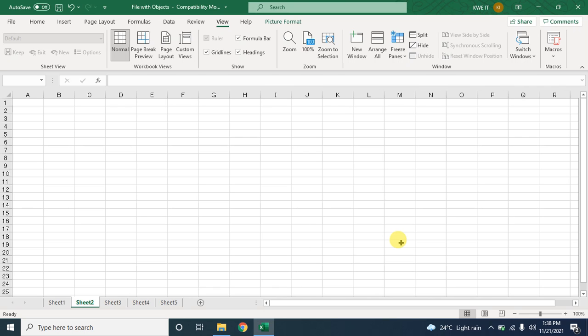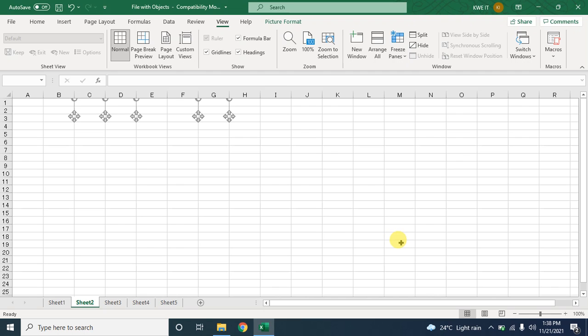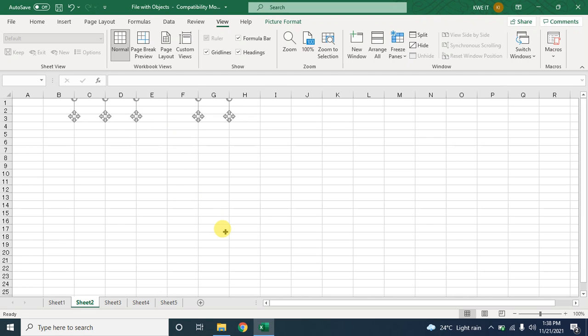Yeah, it's still working in the background. It started hanging. On a low configuration system, you may be unable to do this. I think some objects are found somewhere here, so just click the Delete button.